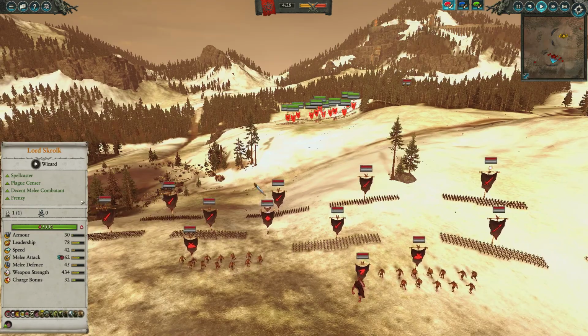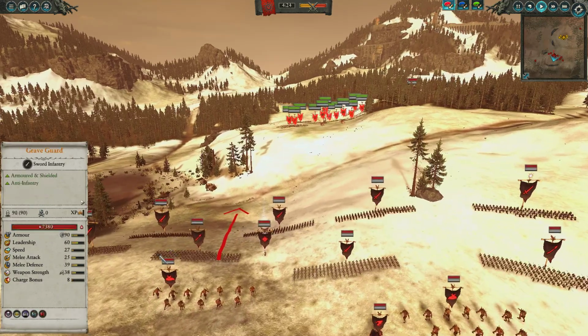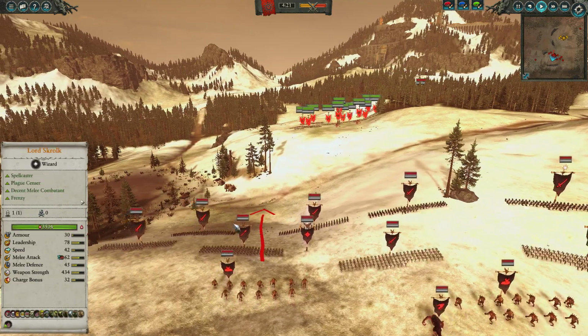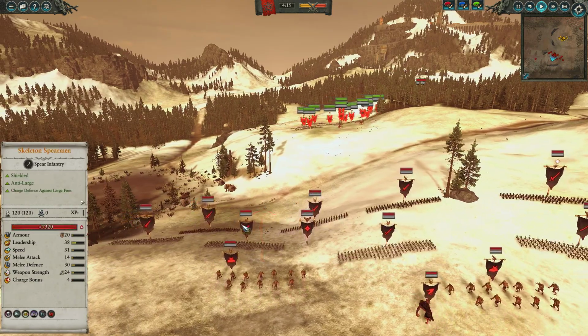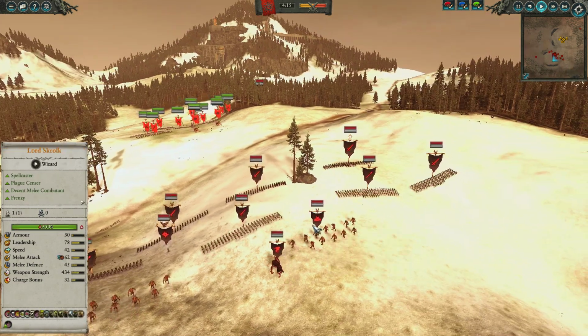So this is a bit interesting. I would actually suggest these guys be in the front to soak up charges and that sort of stuff, but my opponent is perhaps looking to use them to stiffen up the line or deny large monsters like Rat Ogres or units like that. Kept them in the back. As well as 2 Cryptars here to provide some mass and some poison and some AP, so definitely a pretty